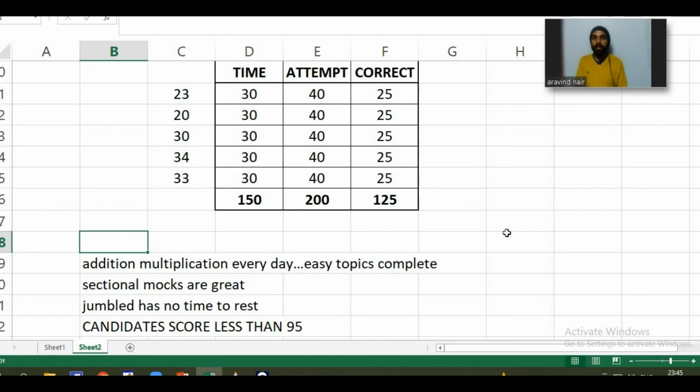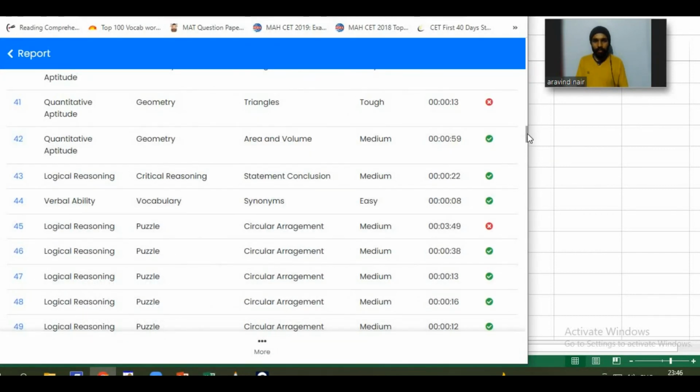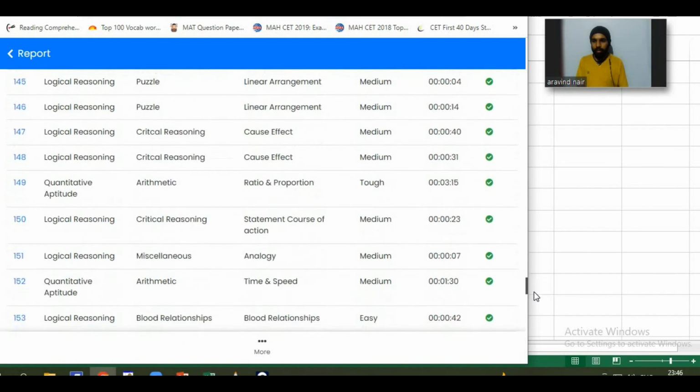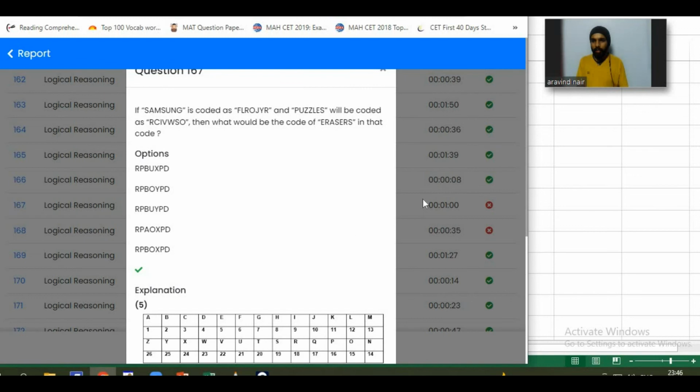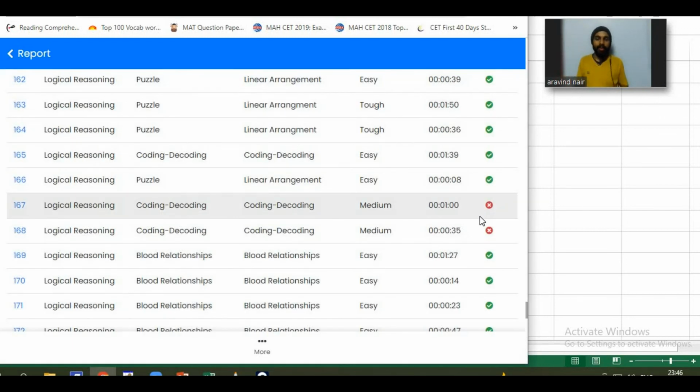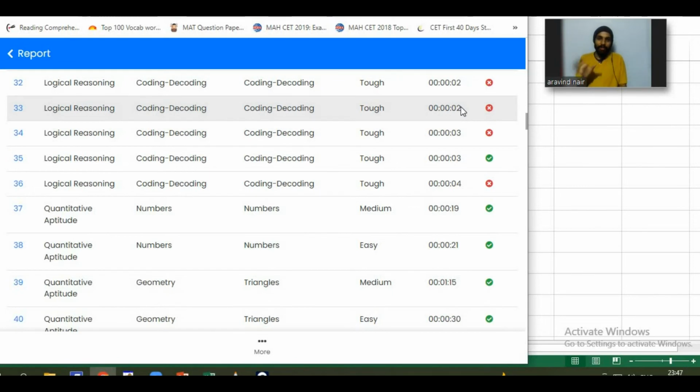Now it's not sectional, it's jumbled. So you don't know what kind of questions will come. When you're really exhausted in the last 1 hour or last 30 minutes, maybe the most boring questions will come. Just like what I showed, I think this was the question. Was really bored, and this was direction sense, I think. This question came. It's very exhausting. So this is the tough part. That's the reason why I said it has to be exhausting. It will be exhausting. That is the tough part of this exam.